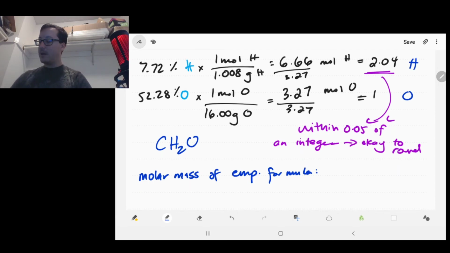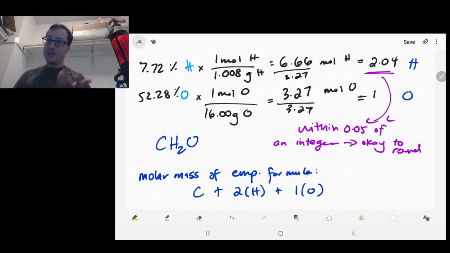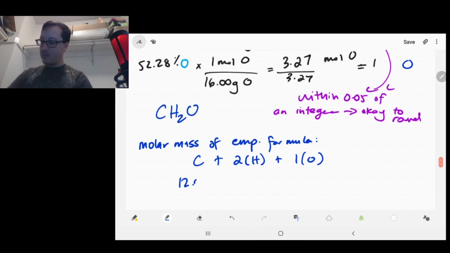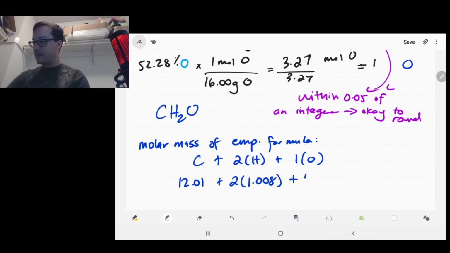If we do that, we have to do carbon plus 2 times hydrogen plus 1 times oxygen. I guess I could say 1 times carbon, but why bother? So 12.01 plus 2 times 1.008 plus 16. We get